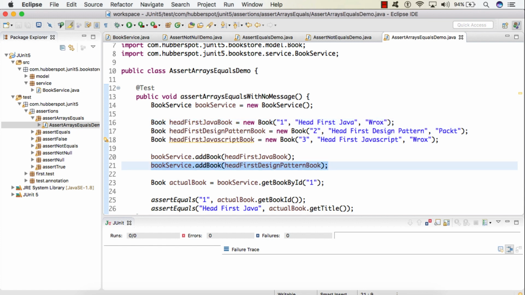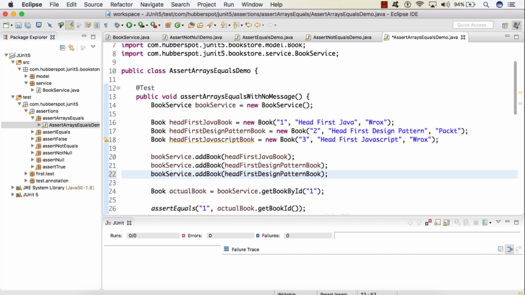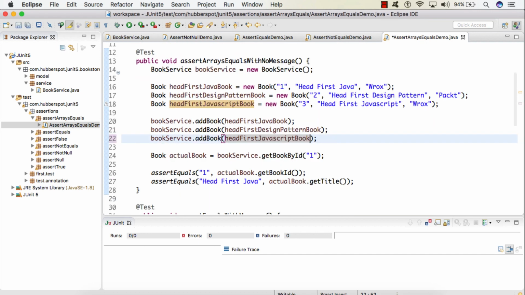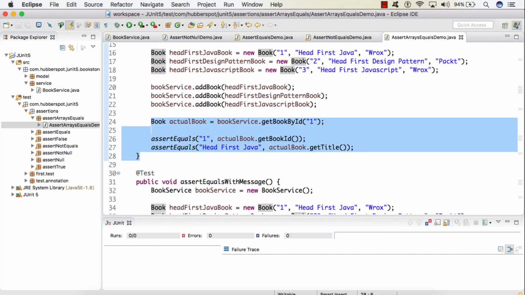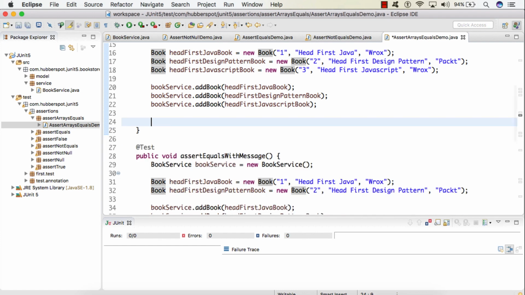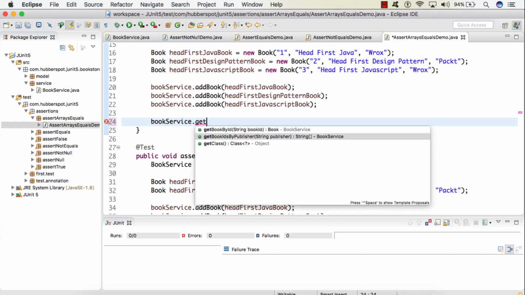We will also add the third book to the list of books, and then we'll call the BookService getBookIDsByPublisher method.